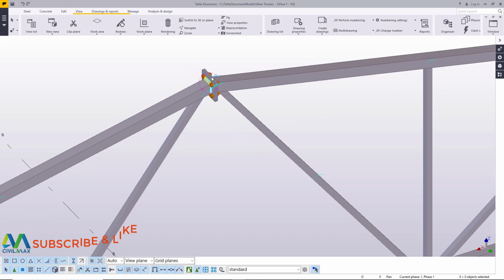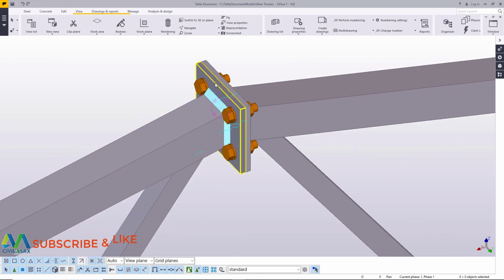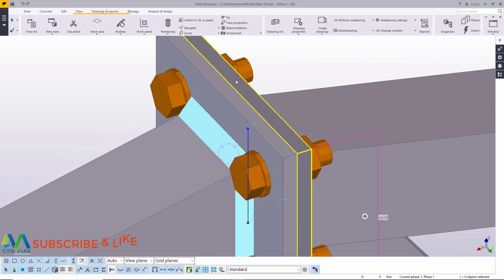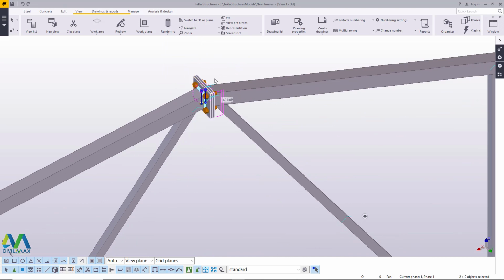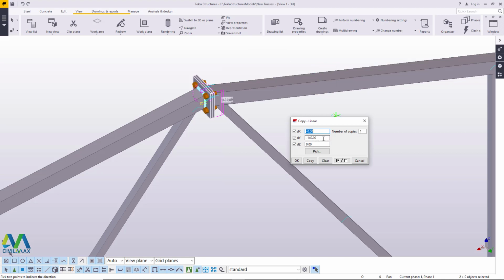What I forgot was the distance from the top chord to the bottom chord was 2 meters. Now what I'll do, I select these two bolts, the two plates, by pressing Ctrl here. Then I want to bring it down by 2 meters so that I'll be able to connect both plates to the bottom chord of our truss. Now I'll come to copy here, then click linear, then under y-axis. Now I'll remove everything here. Then I'll go to y-axis, z-axis, and prefix my 2 meters by a negative sign. Then I'll click copy